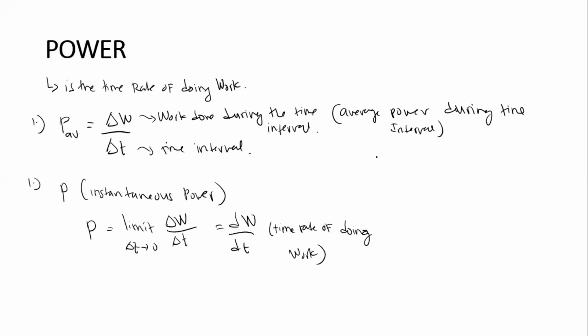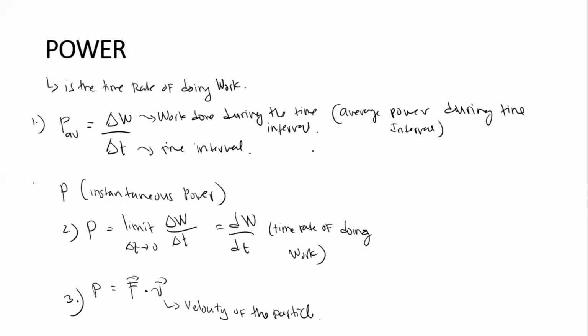Another definition of instantaneous power is just this. It is the scalar product of force times the velocity, where the force is the force that acts on the particle. This is the instantaneous power for a force doing work on the particle. So we have one, two, and three equations for power.